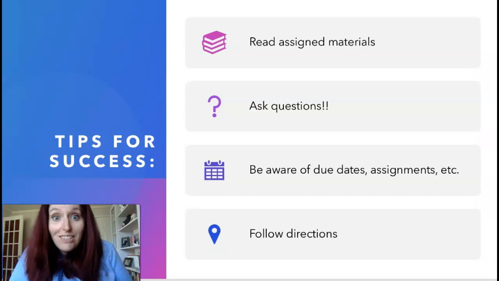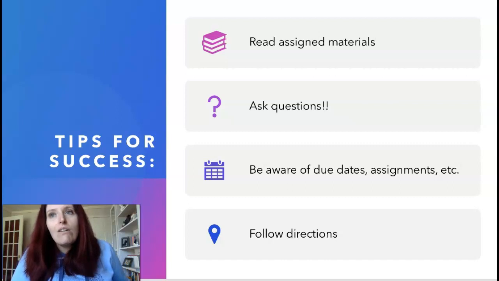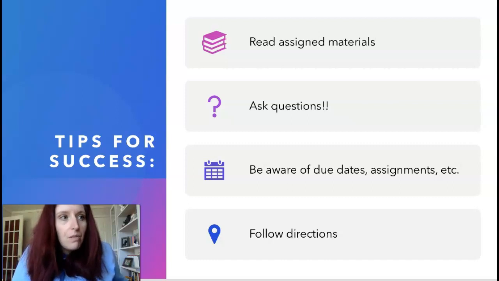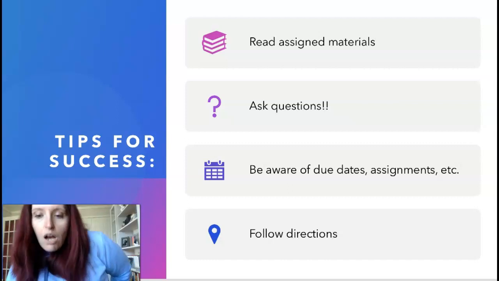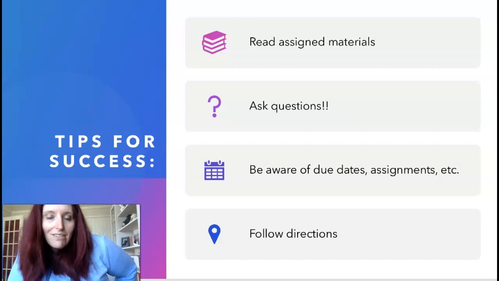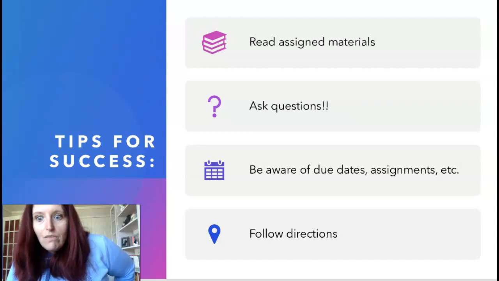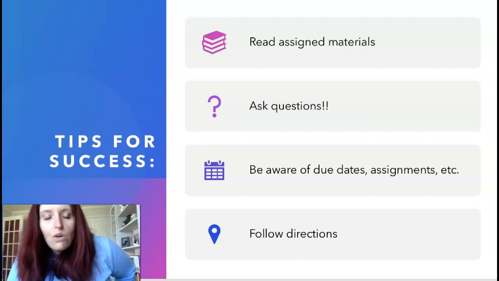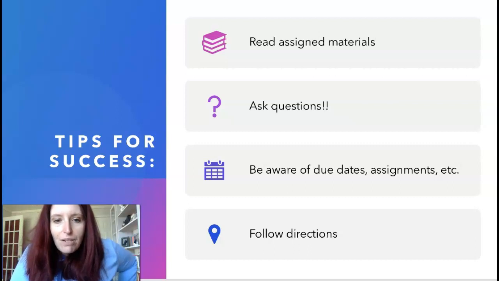Some tips for success: please make sure you read what I ask you to read. You won't be successful if you do not read. Ask questions if in doubt; there are no dumb questions. I promise. I know that this is going to be something new for a lot of you, or something that is still unfamiliar for those of you who took summer classes or were involved in that debacle that was the spring semester. So please don't be afraid to reach out, ask questions. I promise I will answer them to the best of my ability.